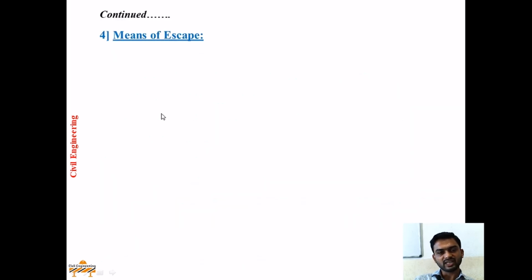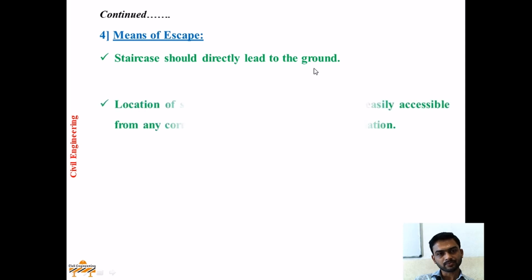Now, fourth, means of escape. Means of escape are basically required in case of emergency, and this includes doors, windows, and staircases. The staircase should lead directly to the ground. Mostly in case of an apartment building, two staircases are provided, or in case of a public building, one staircase which leads to the basement where parking is provided and another staircase which leads directly to the exit. During any emergency, the direct exit staircase which leads to the ground should be marked with signs and conventions. So in case of emergency, one can follow the direction and immediately exit from the building.